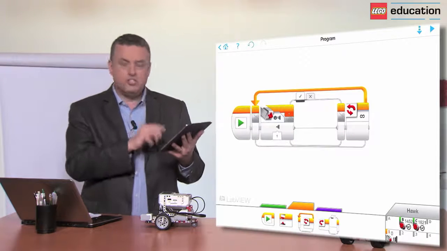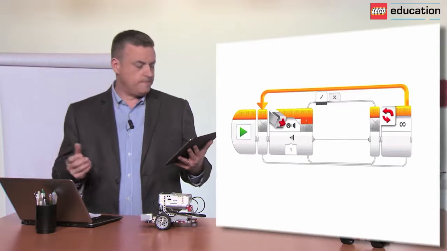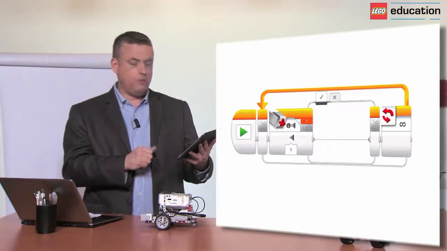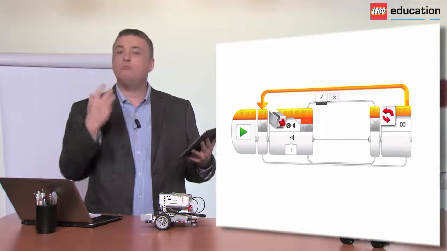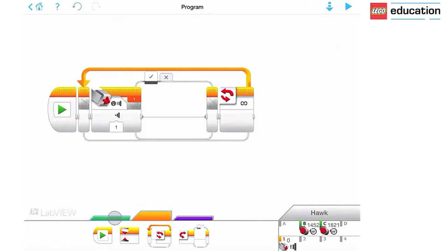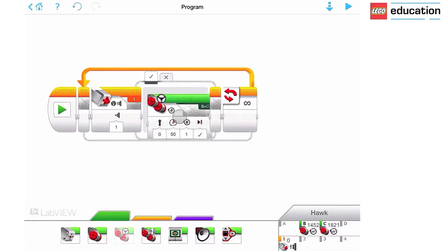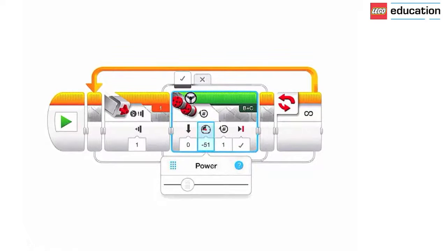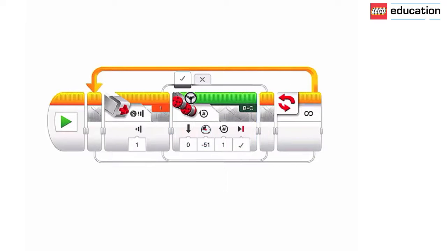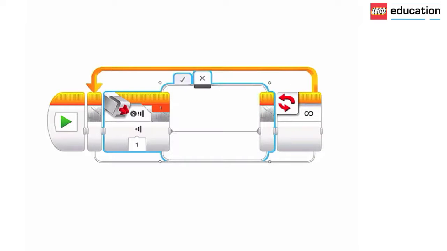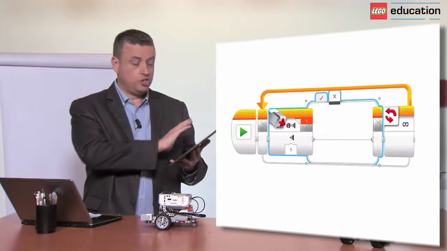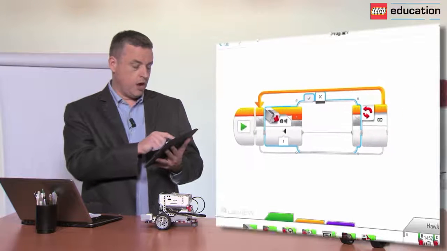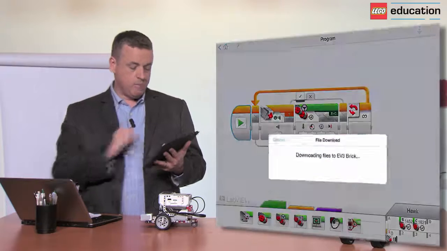So you can notice the tick and the cross, or true and false. When we press the touch sensor, true or the tick, we want the robot to move backwards. So I go back to my action palette, bring in my move steering block, and to make it reverse, we simply bring it to a negative number. If I choose -50, you can see the arrow on the left-hand side is now pointing downwards for reverse. And in the cross, where the button hasn't been pressed, I'm just going to leave blank, as you can see. So if we download this program, hit the play button,